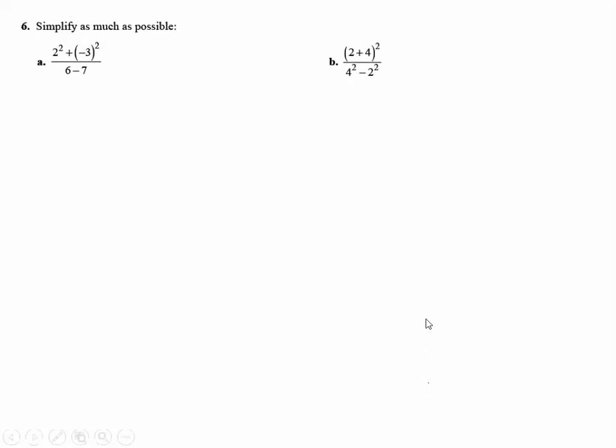Getting a little bit more complicated, now putting exponents into the situation. So looking at this here, let's see, simplify this. This is 2 times 2, which would make a 4. This is going to be negative 3 times negative 3, or a positive 9. On the bottom, this is just subtraction here. And again, if you need to change this to addition of a negative 7, that's fine. Or you could think about it as 6 minus 7,